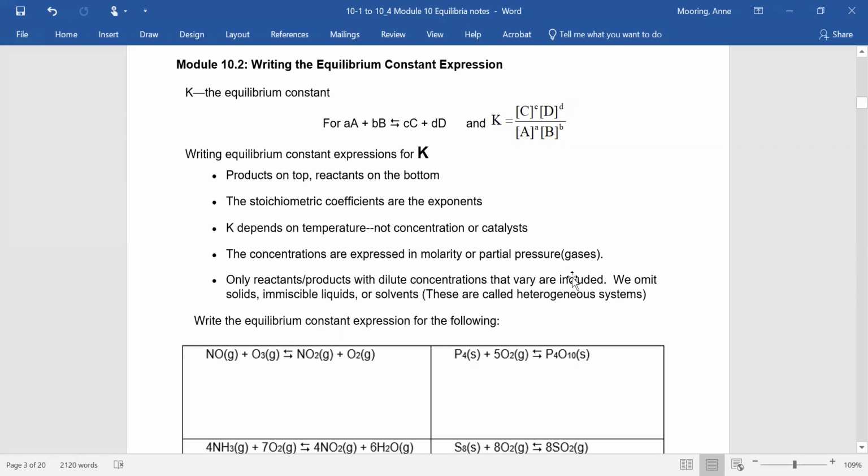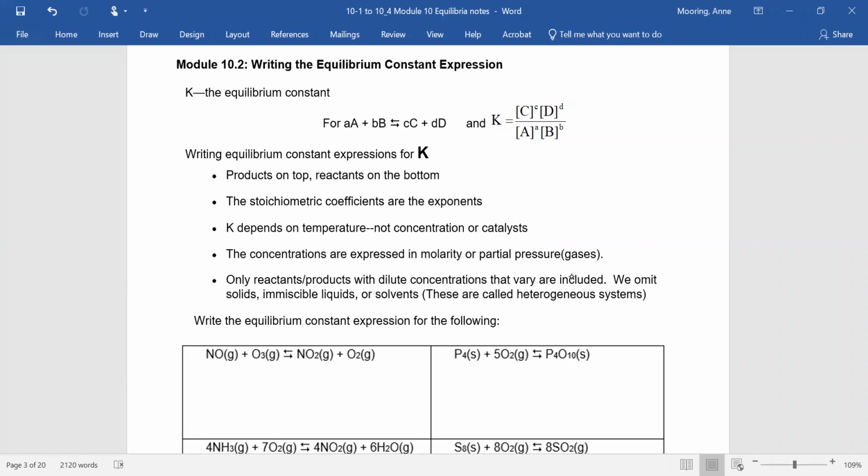This is module 10.2, writing the equilibrium constant expression. Remember, K is the equilibrium constant. Make sure you are very clear that this is a capital K and not a little k. So consider the reaction aA plus bB goes to cC plus dD, where little a, little b, little c, little d are the coefficients. The equilibrium constant is going to be equal to the products over the reactants, all raised